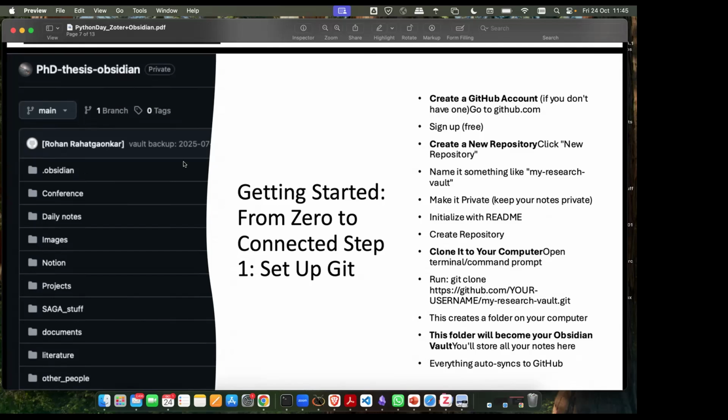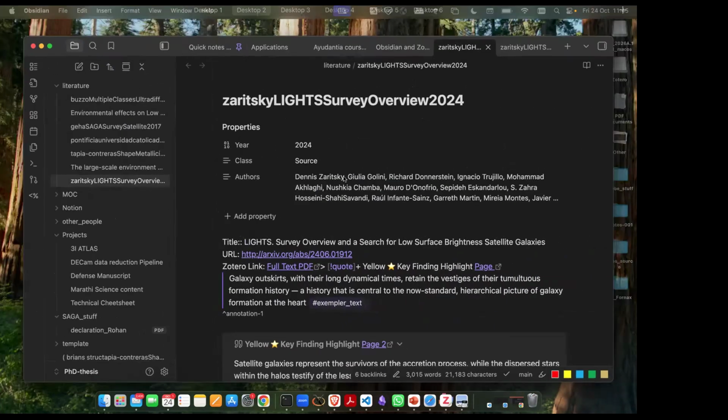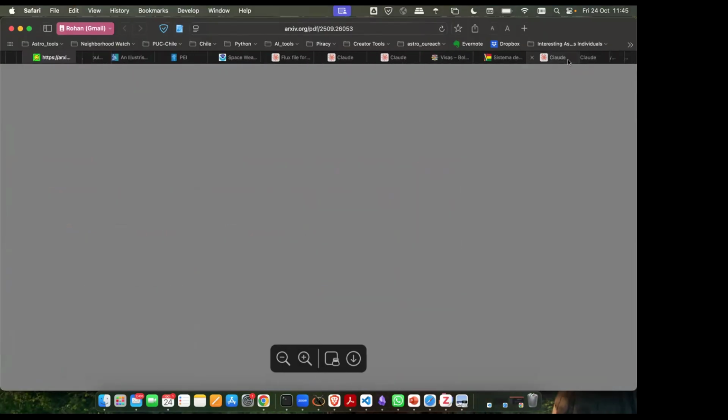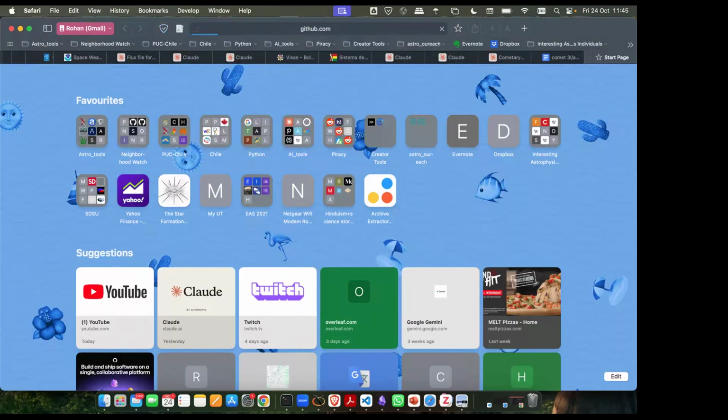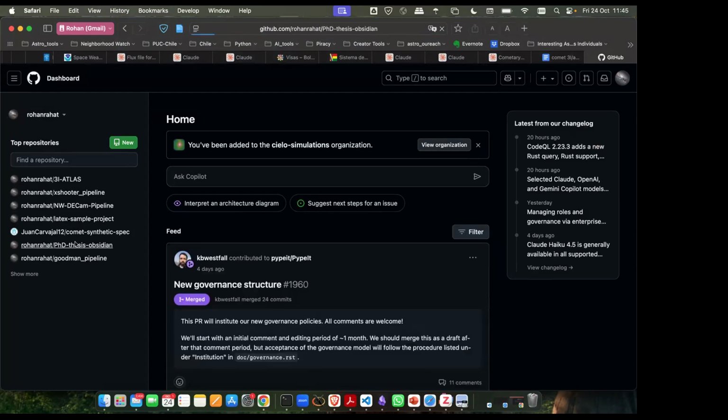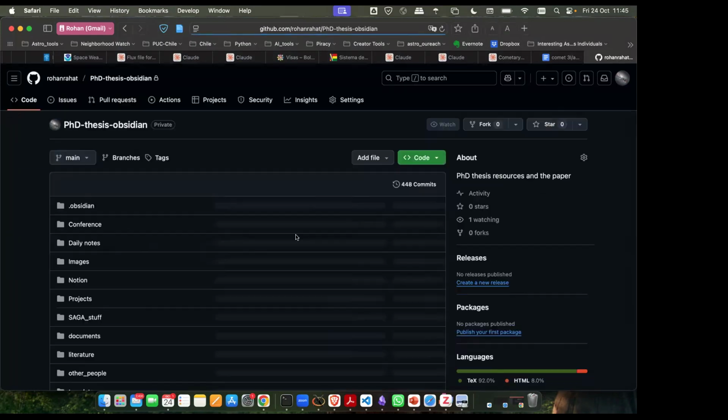Get started, and they work. All of this, my secondary brain, is on. So, for example, this is called PhD thesis Obsidian. So I have